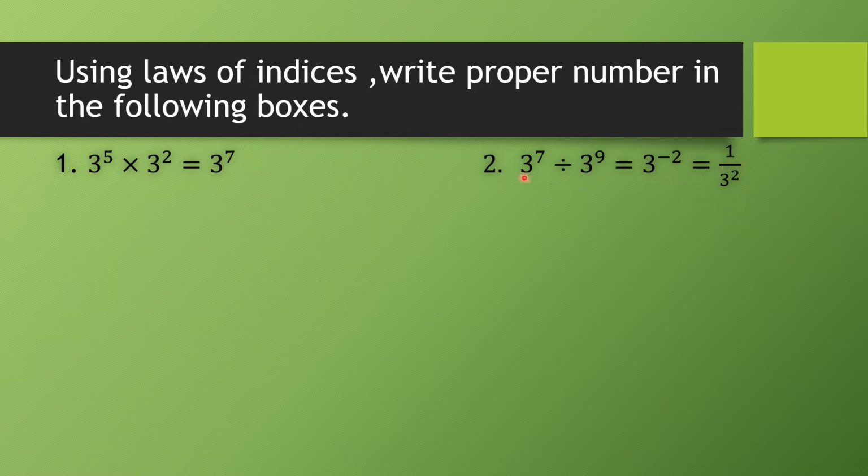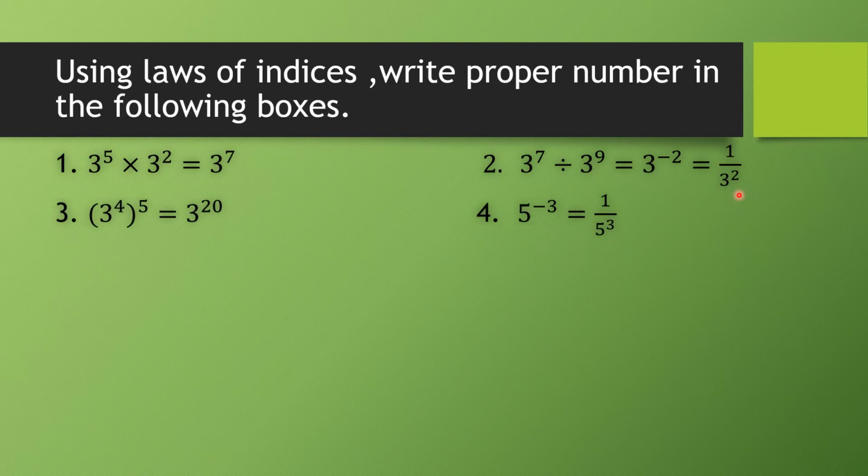Okay. Now here there is a division of two index numbers, their bases are same, and if there is division you can subtract. You can do the subtraction of these two indices 7 and 9. Now 7 minus 9, the subtraction is minus 2. Now this index is negative. If you want to make it positive, then again you have to apply next law, that is a raised to minus m is equal to 1 upon a raised to m. That is the fifth law. And you can write 1 upon 3 square.